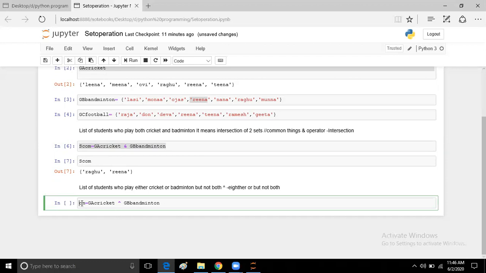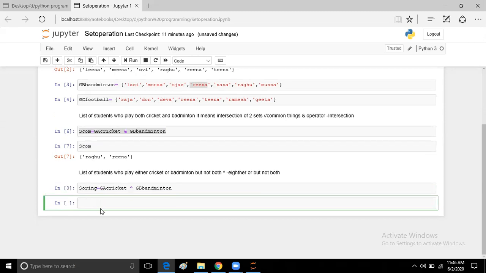I will give another name to this operation. We can say this set operation gives us some ORing result, so I give the name sORing, as in set operation on ORing. You can give any name, but the name should be meaningful, that's it.